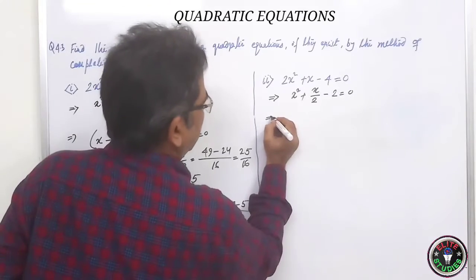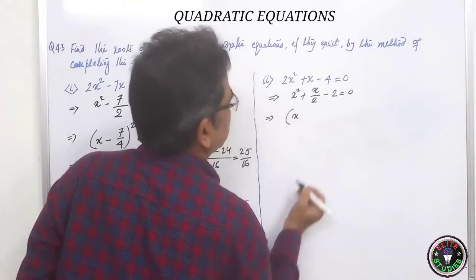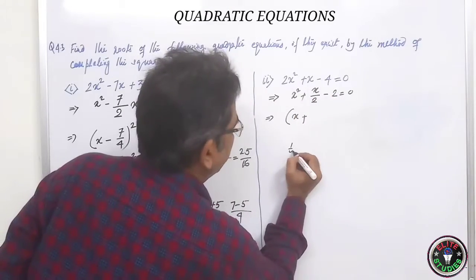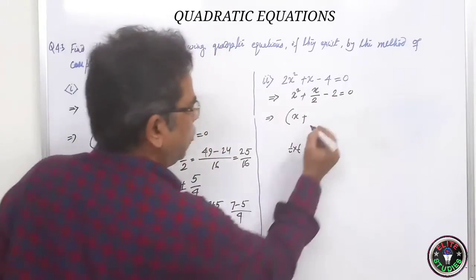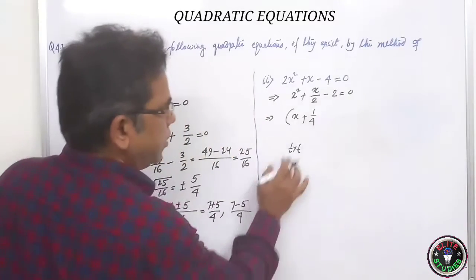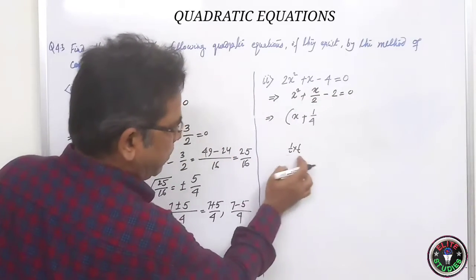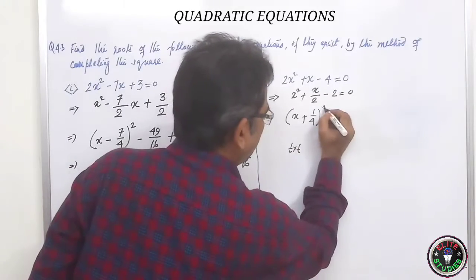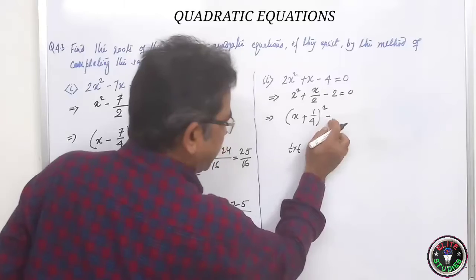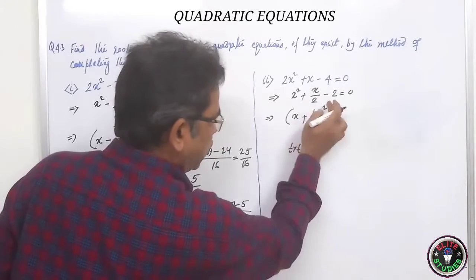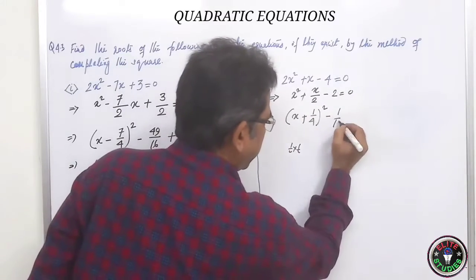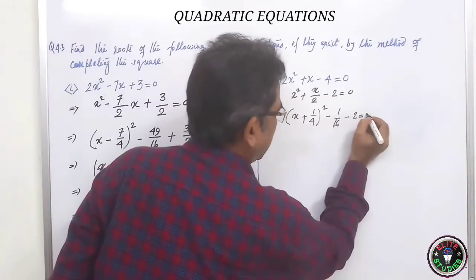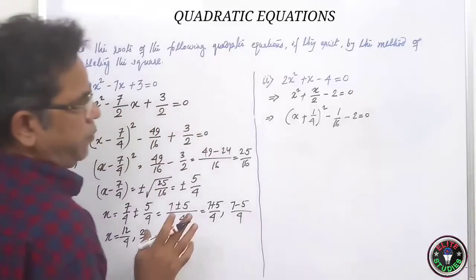So now what to do? I already told you, write x, then plus is plus, whatever is there, it is half, multiply with half. Simple, it is 1 by 4. This is the trick. Simple, 1 by 2, you will multiply with 1 by 2. So it is always 1 by 2, 1 by 4. So put the square. Now here put always the minus sign, 1 square it is 1, 4 square 16, that's it, finish. Minus 2 is equal to 0. This is the most important step.